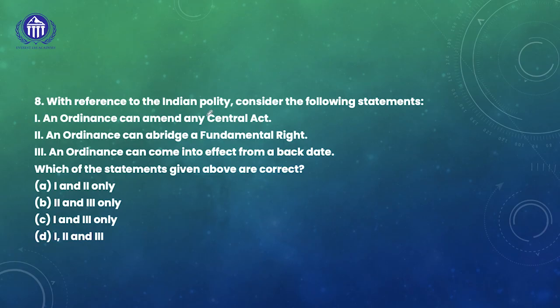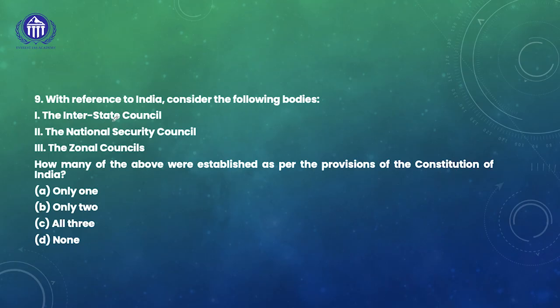Moving into the next question, they are focusing upon the ordinance making power. And in the next question, they are talking about the various councils. So these councils are again going to be very crucial. As usual, I will be telling you, when you read the constitutional, quasi-judicial, extrajudicial bodies, we should cover these councils